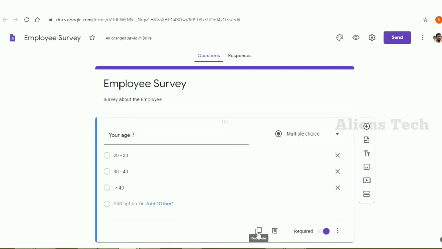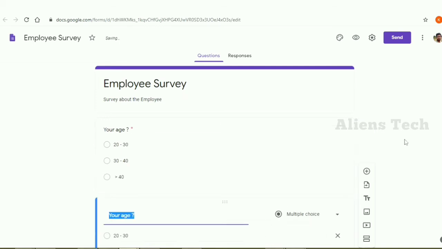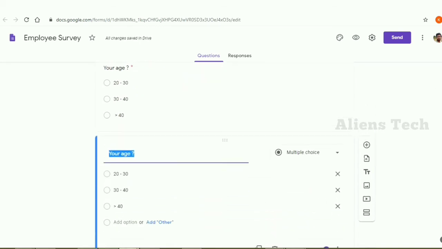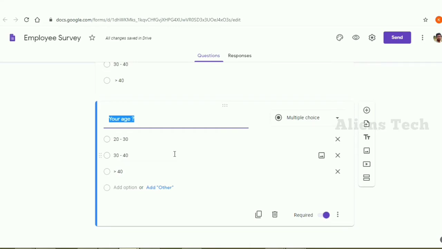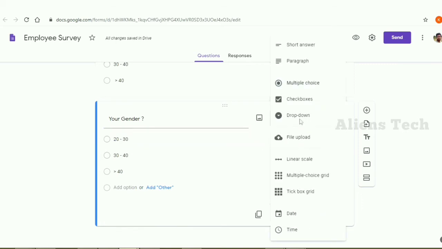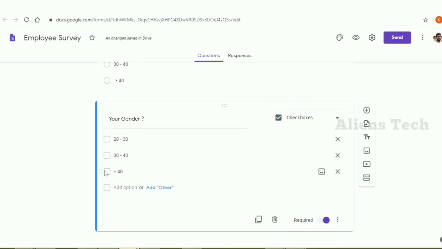I need to create one more question. This can be done by clicking Duplicate. If you click duplicate, automatically the section will be copied below. Here you can provide another question: Your gender. And this time I am selecting the option as checkboxes.